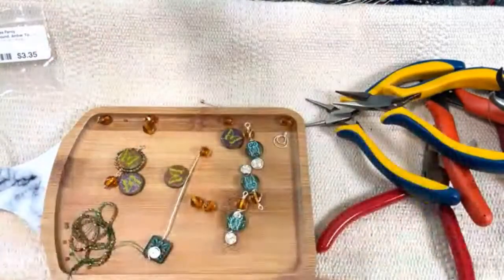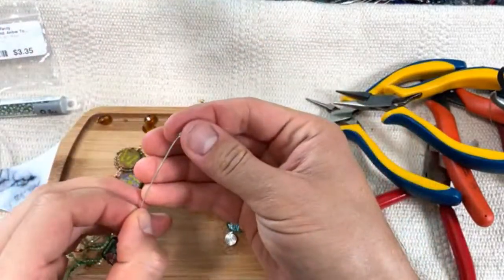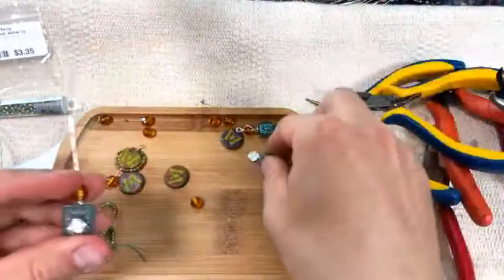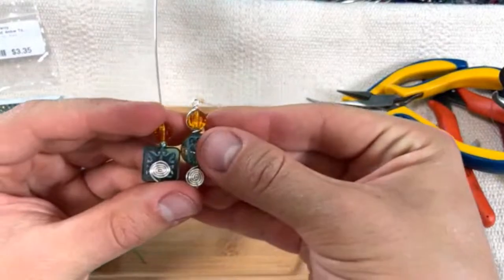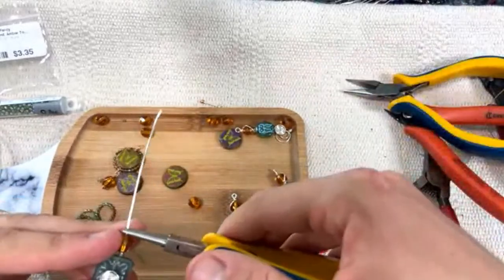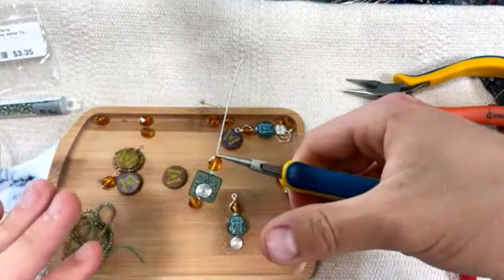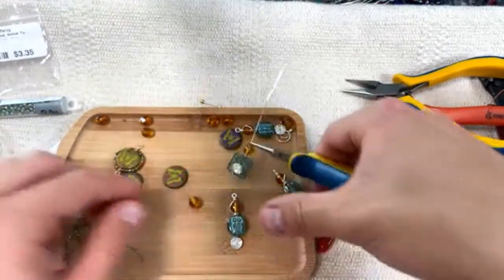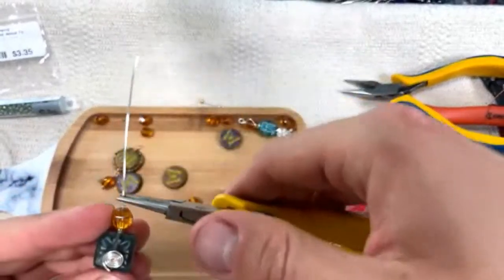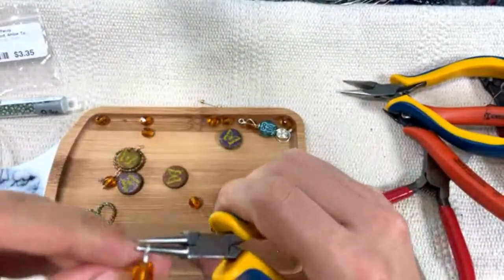So that is technique number one today, earring types coming from the same basic spiral technique. I used to be kind of obsessed with the spirals. I think my earring box might be somewhere near me. Literally every earring I used to do had some sort of spiral, or at least all the beads were wrapped. I just thought it was the coolest look, and I'm still kind of into it. So I'll finish this one up just with a wire wrap loop, and we'll move on to our next technique,